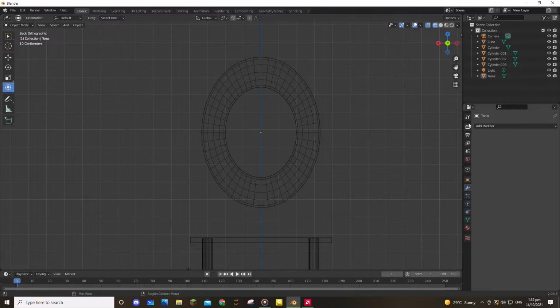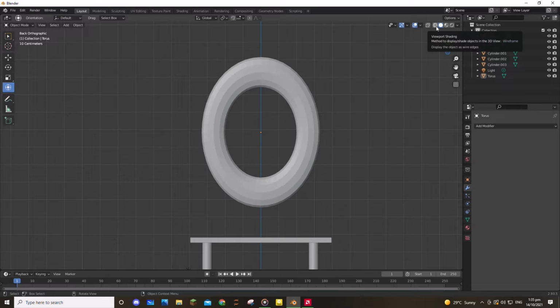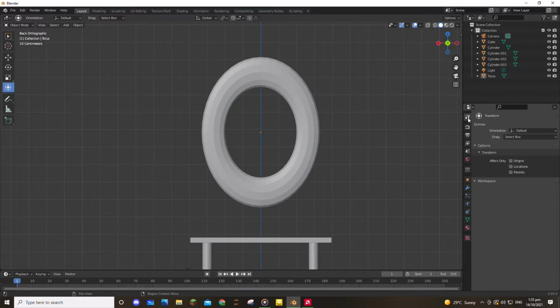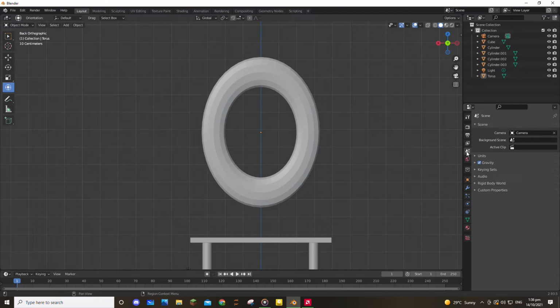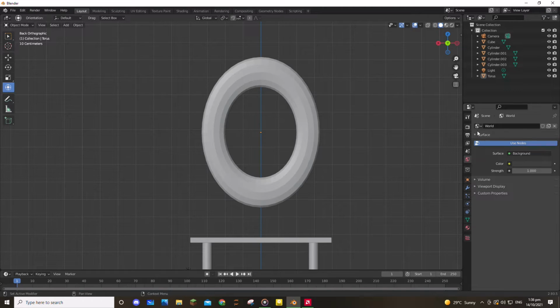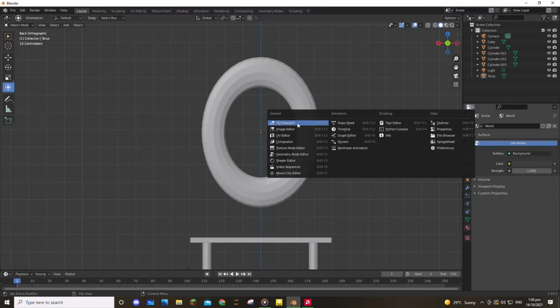Wait, let's. What does this do? Makes it mesh like. Okay, so orientation default, drag objects. Okay, so